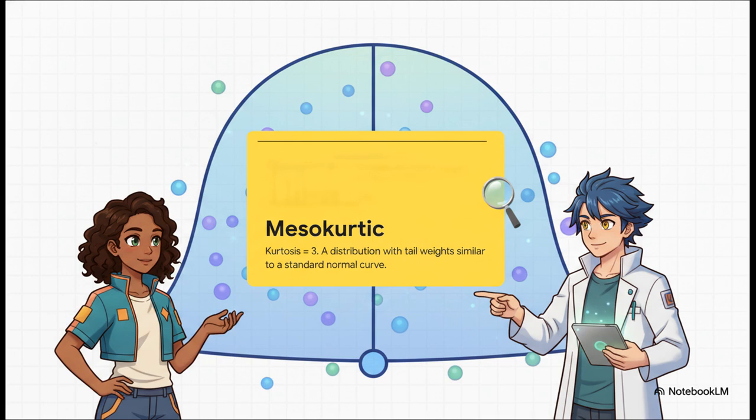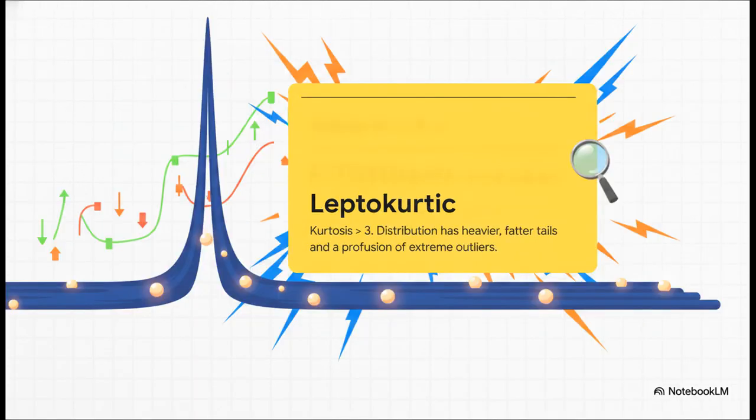nice, balanced tail weight. Next is Leptokurtic, where kurtosis is greater than 3. These distributions have heavy, fat tails. The outliers are so extreme that they stretch the horizontal axis of the graph, which kind of makes the bulk of the data appear squeezed into this skinny vertical range. This shape is incredibly important in financial risk models. Why? Because it means extreme events, like stock market crashes, are way more probable than a normal curve would ever